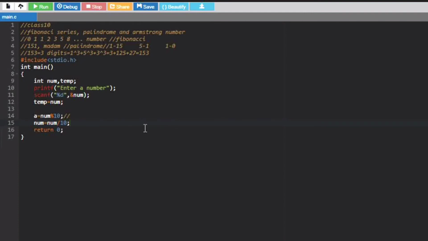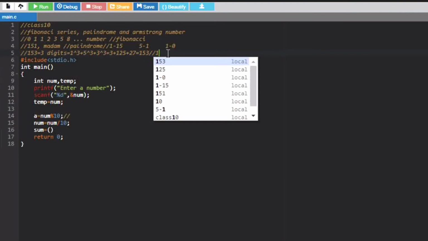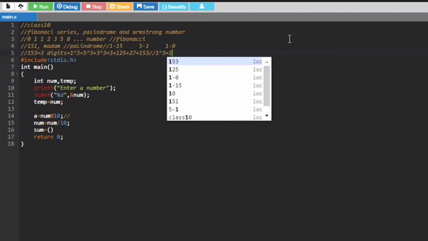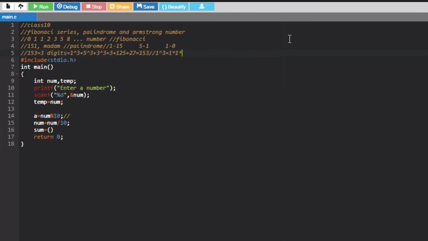And after doing this, we want some variable, let's say sum is equals to, we want this to be multiplied 3 times, right? So how can you write, you are not supposed to write 1 raised to 3 in programming. So it is similar to 1 into 1 into 1.